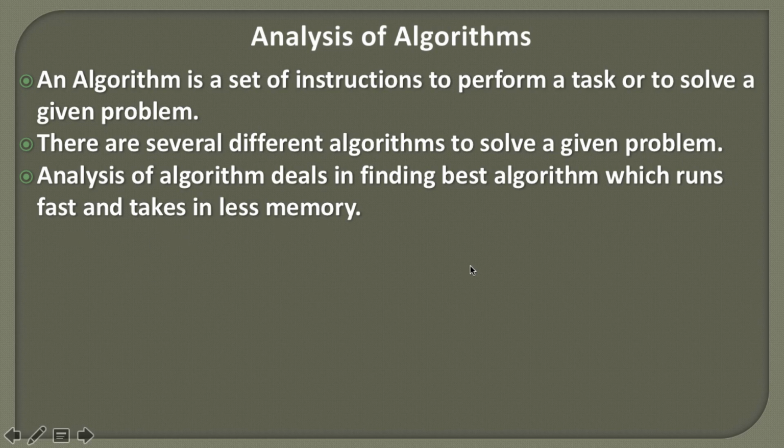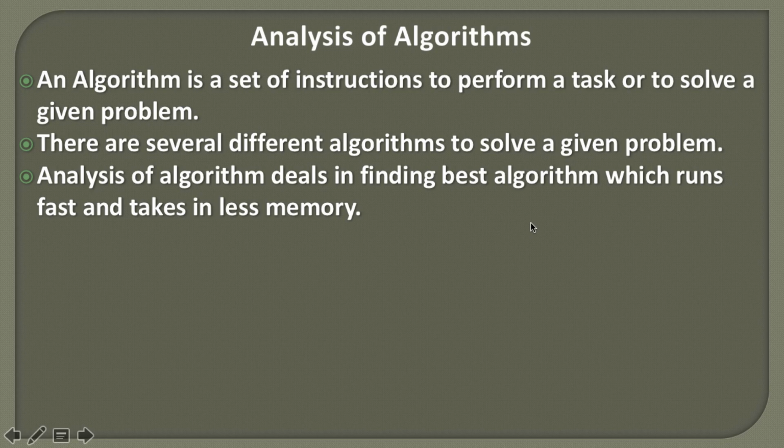So why do we actually do that? Let's say we are given a problem and we have 2 to 3 algorithms to solve that problem. Out of the 3 algorithms, one takes 1 second, the other takes 5 seconds, and the third one takes 10 seconds. And similarly with the memory. So we usually analyze those 3 algorithms and take the one which takes less time, because if we take an algorithm which takes more time, then slowly our system will degrade and we will have performance issues.